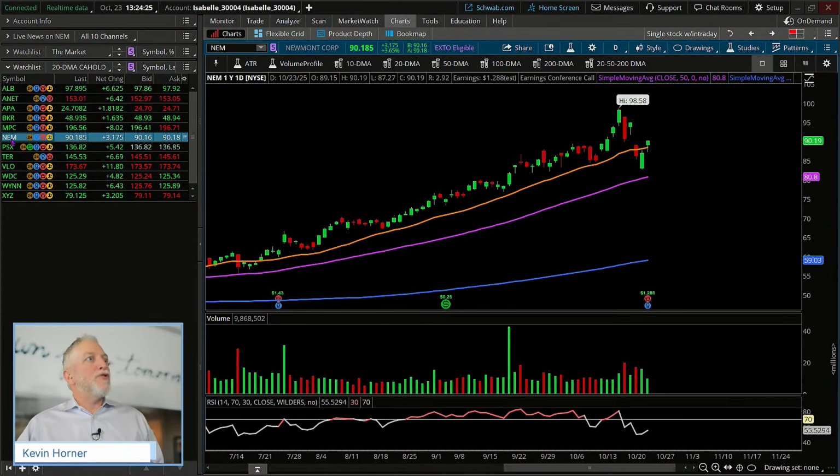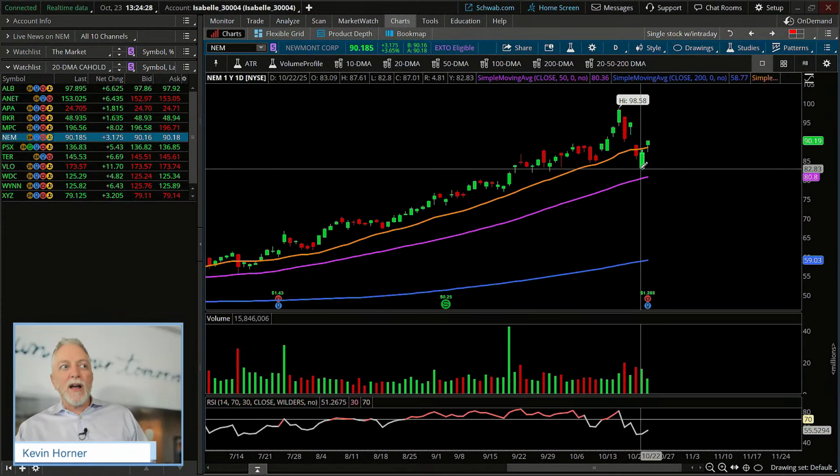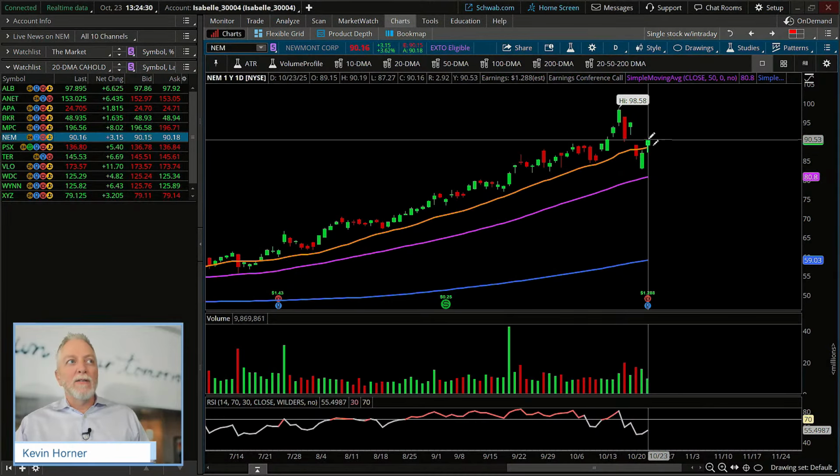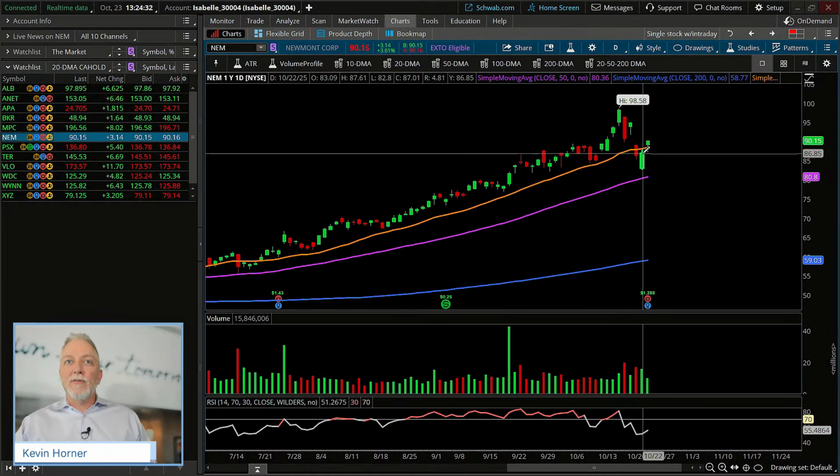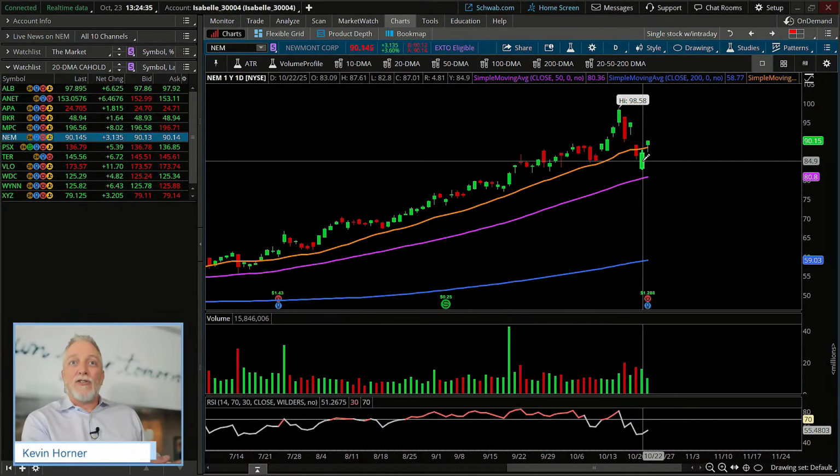So let's go to Newmont. Below the 20 yesterday, above the 20 now, also above the high of the low day being yesterday. This one's actually happening as we speak from an example standpoint. Pretty much what we were hoping we could get from this one, okay? So this is pretty intriguing to me as well.